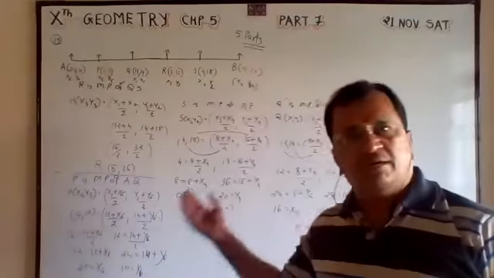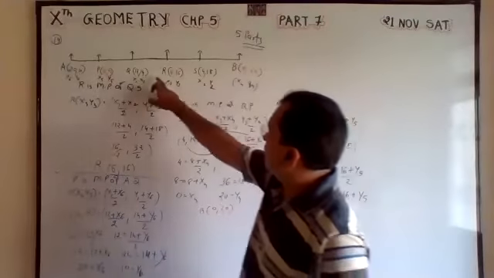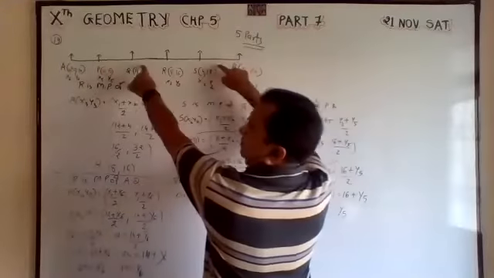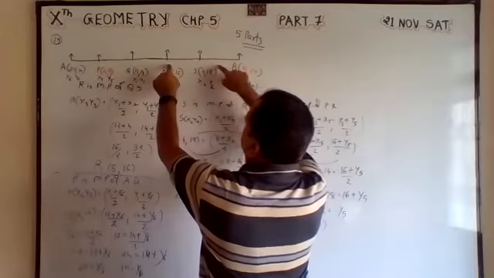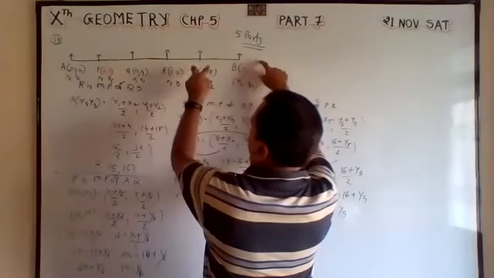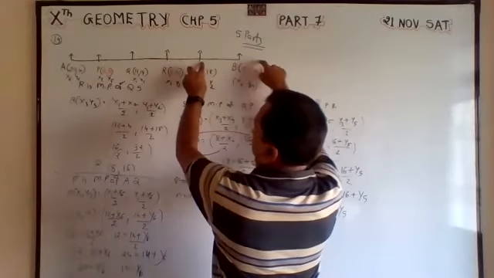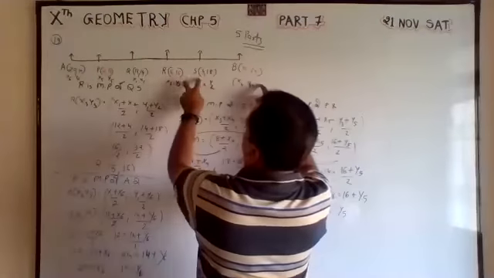Which I have written in blue and red, that is what we got, and which I have written with black, that is given. These two are given. So this is a midpoint of these two. So by midpoint formula I got this. Then this is a midpoint of these two. By cross product I got this. Then I got this because these two are given.